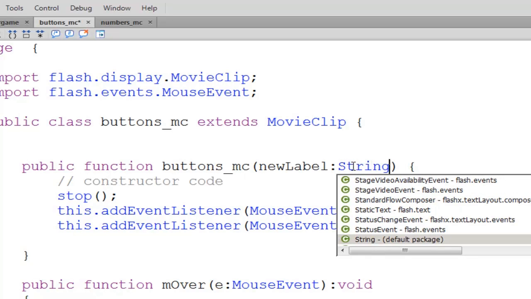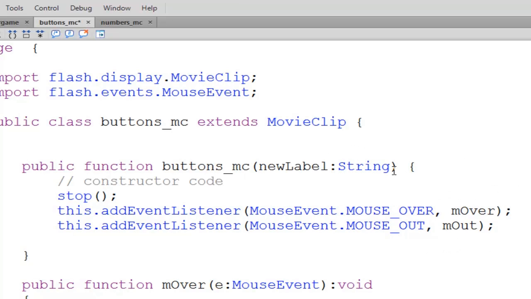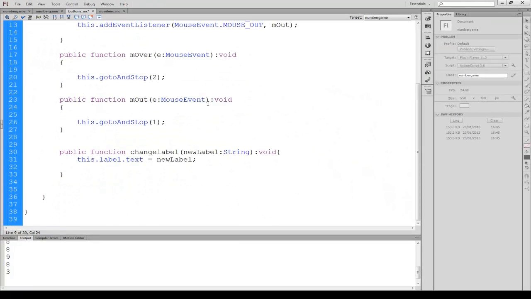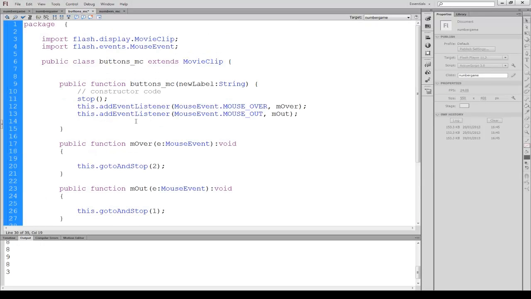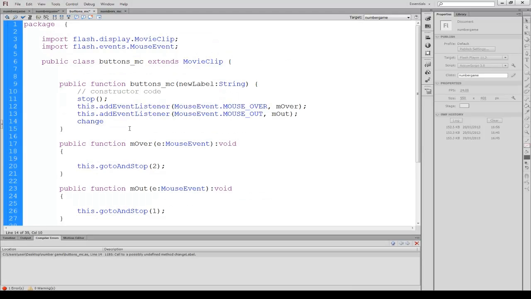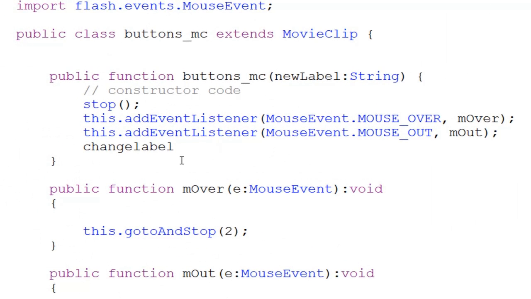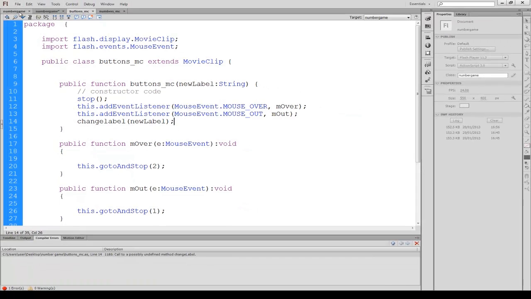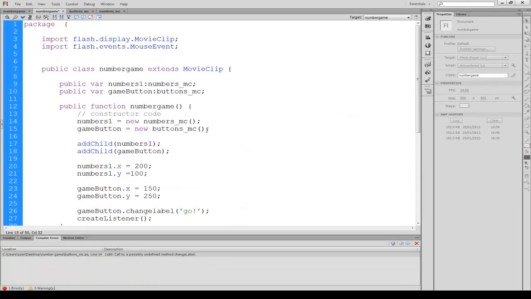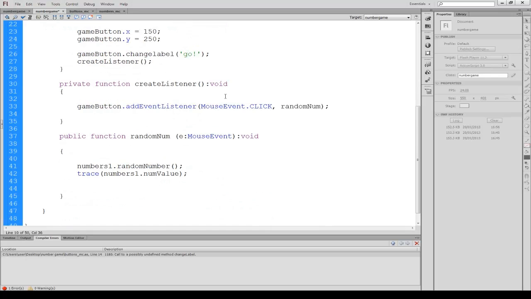Make sure you use the capital S. Now we've created our new label string, what we can do here is use the change label method up here to add the new label. And I can change the label to new label. If I save that and go back to the document class here,